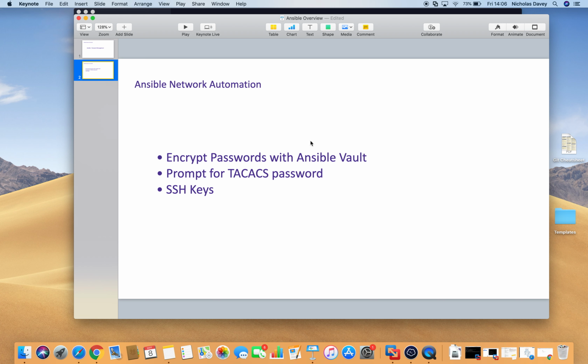And then finally, I will discuss the implementation of SSH keys, which will give us both security benefits through the use of public-private keys as well as automation benefits. But firstly, I just want to